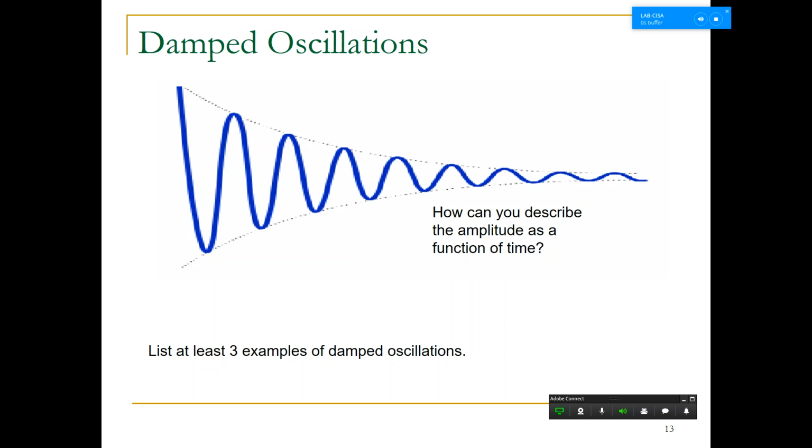If you have a spring attached to, let's say, a crossbar there, and I made it bob up and down, so it's oscillating, eventually it would stop. It doesn't bob up and down forever. The reason for that is because the mass is interacting with the medium that it's in. And what medium is that mass in? Air, right? It's air resistance that's doing it. If it was in a total vacuum, then that thing would bob up and down forever. Again, that's if we ignore friction. So today we're ignoring friction, but we're not ignoring air resistance.